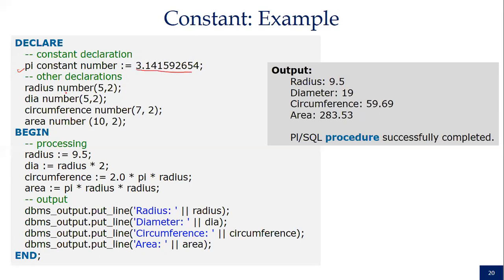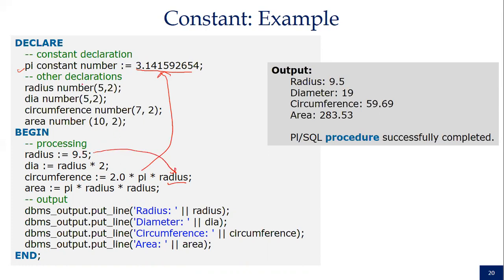Whenever you are going to compute radius, diameter, circumference and area, these are different variables we have declared. Now whenever we are computing the radius, we have directly specified it here as 9.5. For the diameter, you compute the radius into 2, so the diameter you will get from this radius. Circumference is 2 pi r, so the pi value we are directly fetching from here, and whatever radius value we have provided here will be directly utilized here.